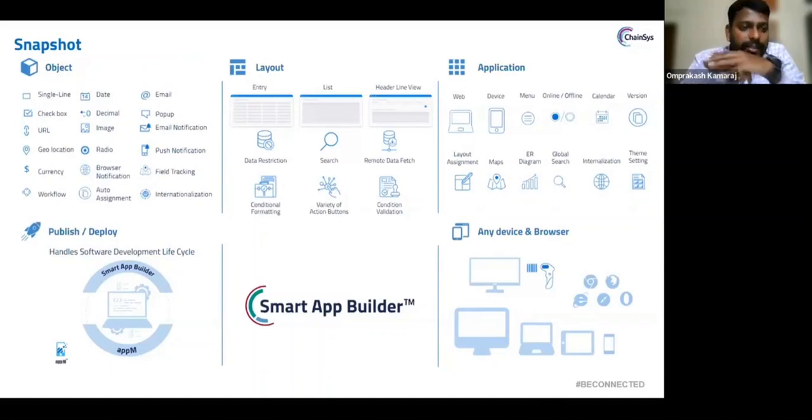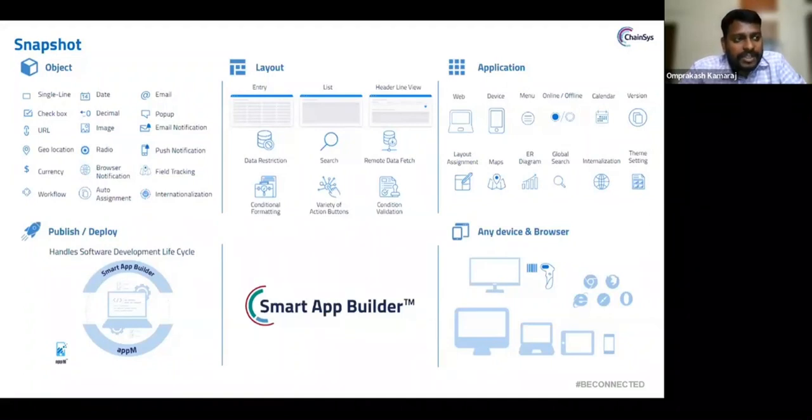So this object contains multiple fields. So other than that, features of objects include email notification. That is, when a record is created, a notification can be sent via email, or an email can also be sent when it is edited, or when a particular criteria is met, an email might be triggered. So in email notification, we can also send an approval request. So the user also can approve or reject the approval request through email itself.